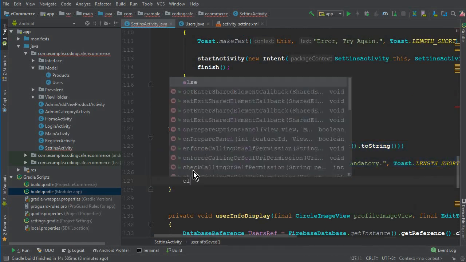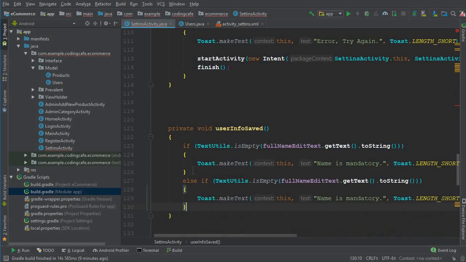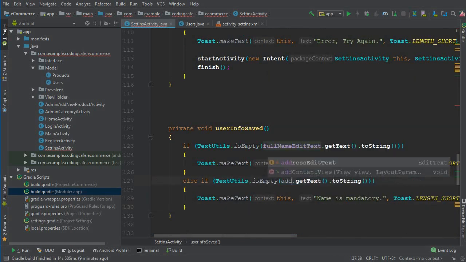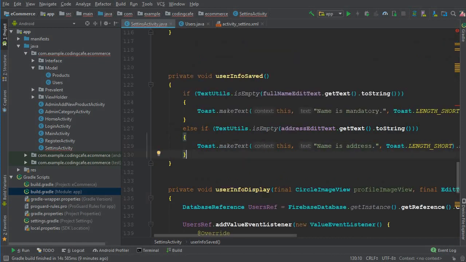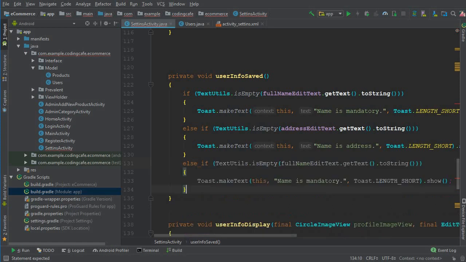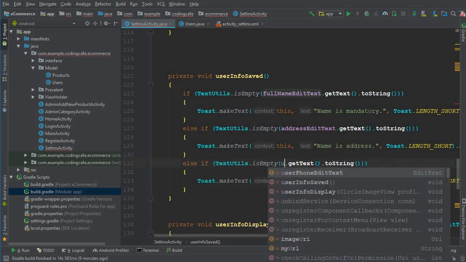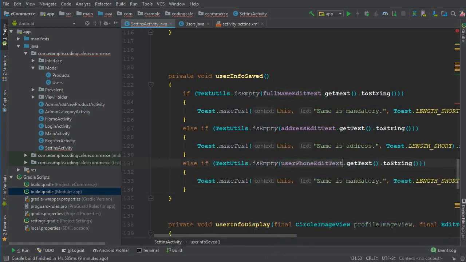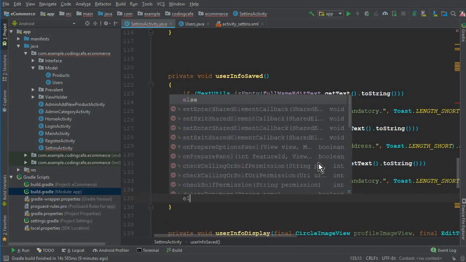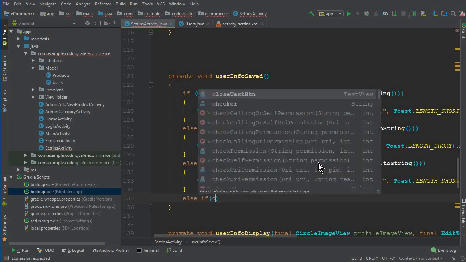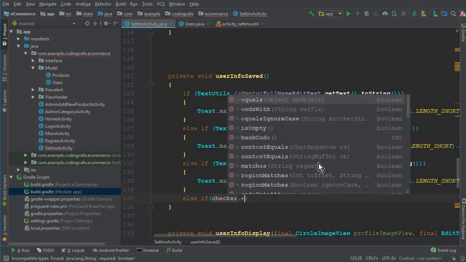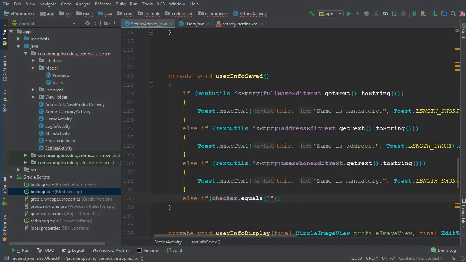We can say else if we have addressEditText, and here we can say address, else if userPhoneEditText. And we have also to check our checker variable, so we can say else if checker.equals to